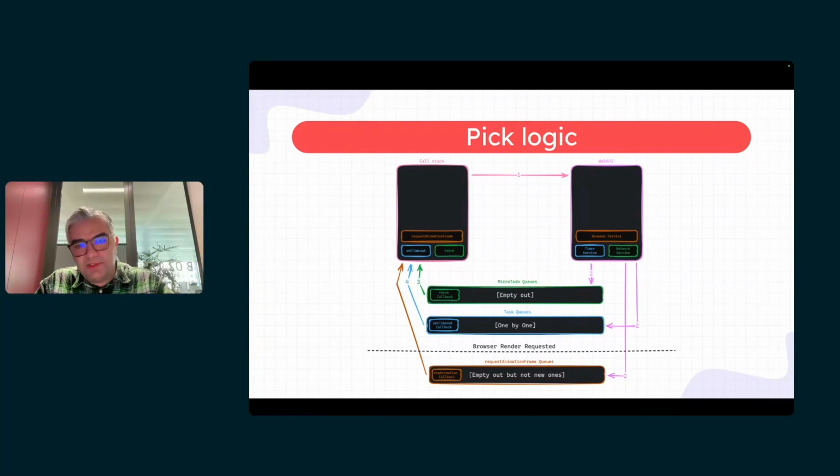So whenever the browser tries to render something, at 60 frames per second, if something is inside requestAnimationFrame, it's going to pick it and run it. As I mentioned, it tries to empty out, but not new ones. Microtask queue empties out, task queue one by one. So this is the whole logic of the event loop that you can deal with these days.